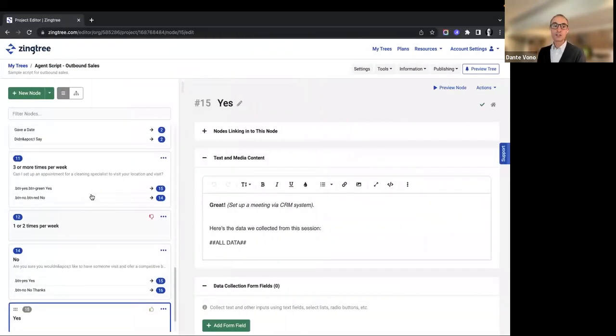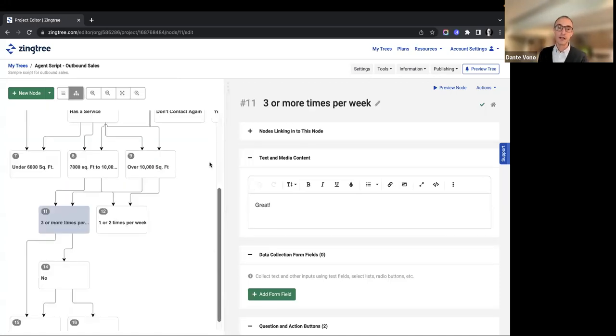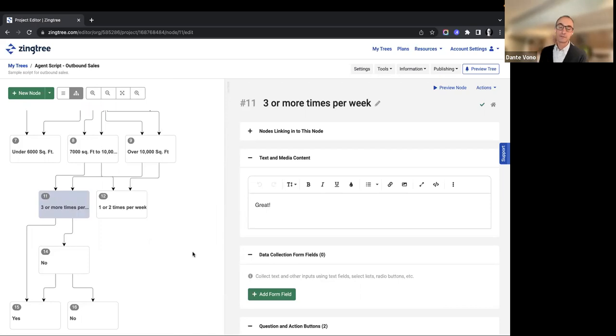So what we want to check actually is, which nodes does node 11 go into? We can see that here. It goes into 15 and 14, but we have a much better view in new authoring of this. And that's the visual editor view or the visual designer. So when I flip over to the visual view, I can see a clean flowchart that obviously shows me that 11 has 2 choices that move into 14 and 15, and I can see, oh yeah, here it is.